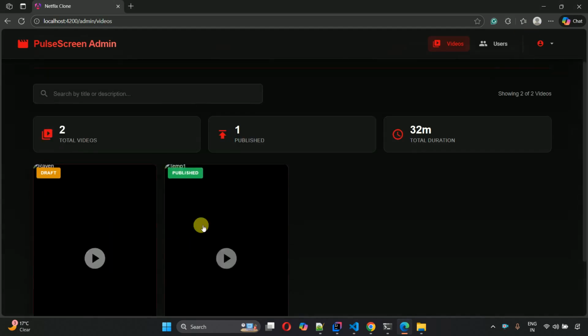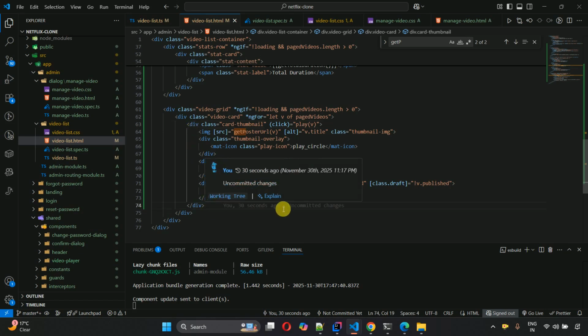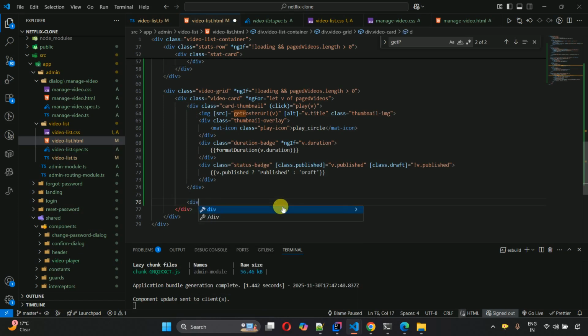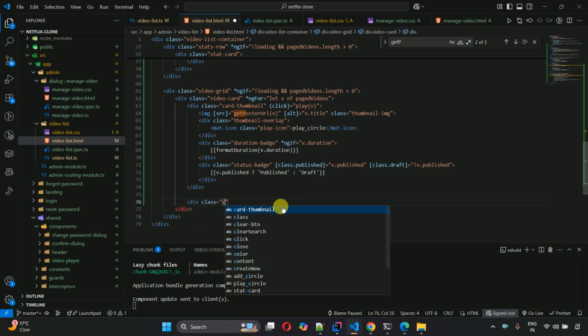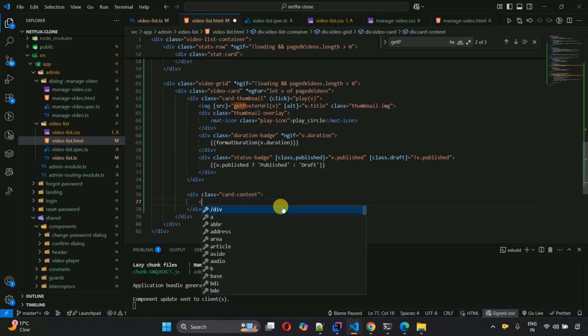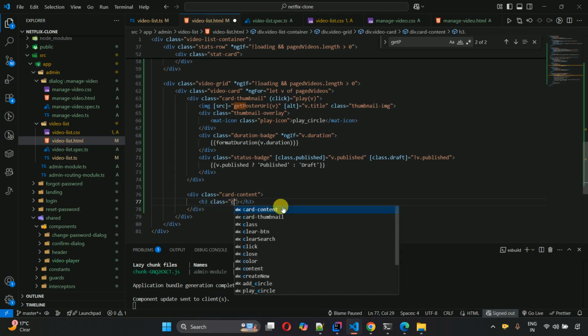We are just not able to show it because the content does not exist. Fine. We have added the card details, and outside of this one we have to create one more div, which is the card content we have to show. So outside of this one, or inside the video card, we have to write div class card content, and inside this one h3 with class card title,